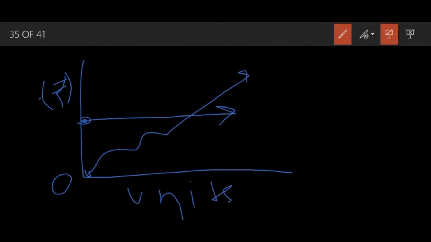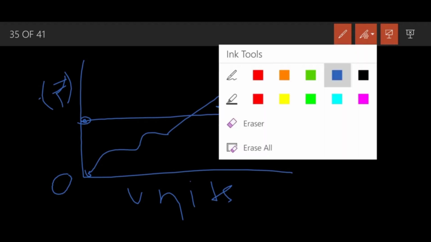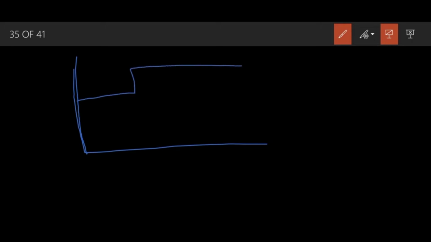And then there is a new thing known as semi-variable cost. So this is fixed cost, this is variable cost, but a combination of these two costs is known as semi-variable cost. Semi-variable cost means a cost which is fixed up to a certain level of output, then rises as a variable cost, then becomes fixed again. The graph of such a cost will be like this. It will also not start from zero because it includes the fixed cost. So it is fixed to a certain level, then it rises, then is fixed again, then rises, and a staircase graph will be there for semi-variable cost.